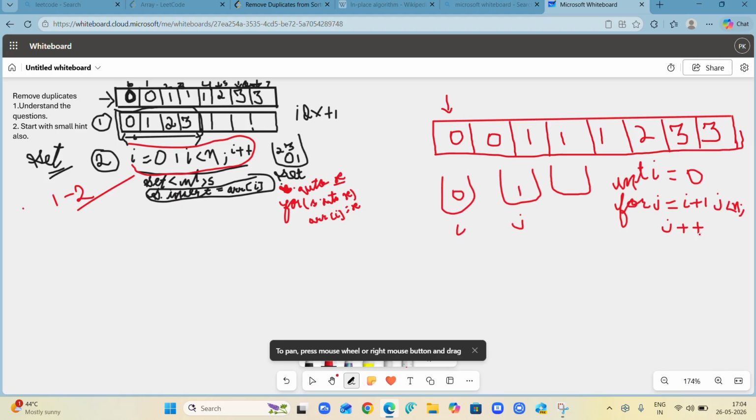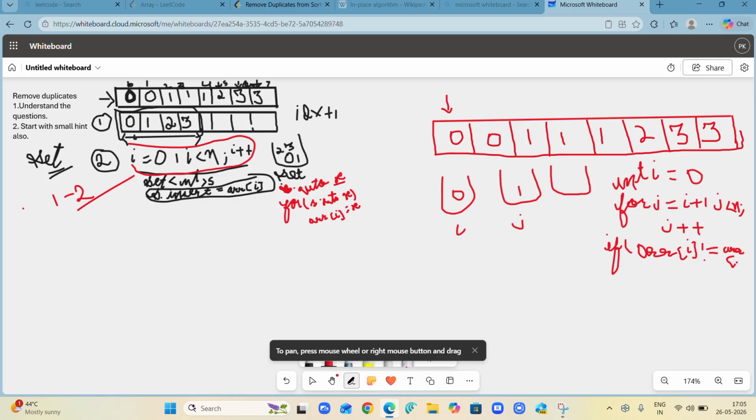I'm thinking that for j I have run a loop, and now I can apply one if condition: if my array of i and my array of j are not equal, if both of them are not equal,